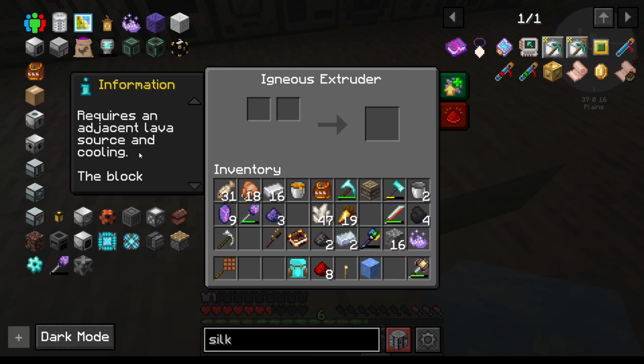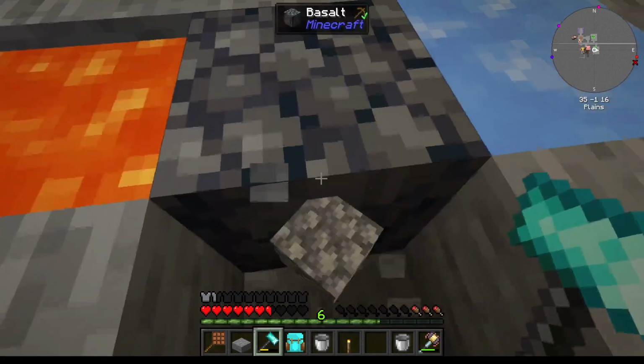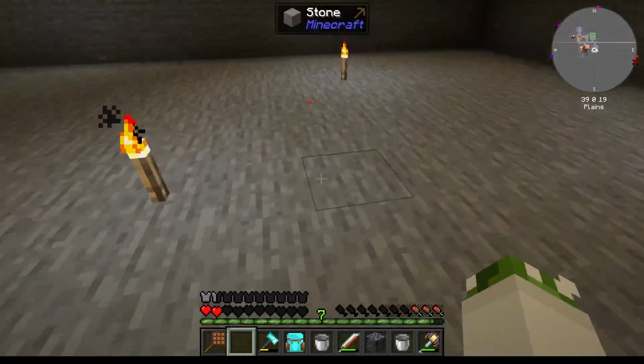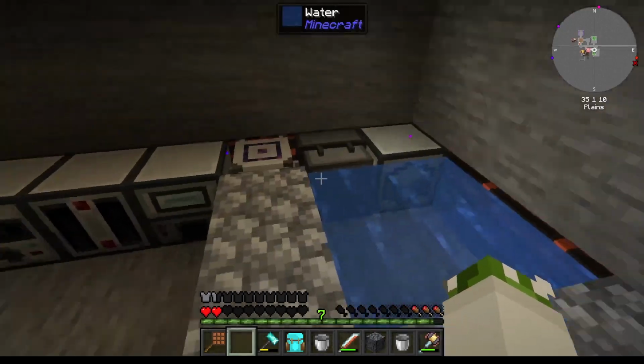It's got an adjacent lava source. You know, at the rate this is going, we might as well just do this. Just make a basalt generator. It's a lot faster. Ow! Rude slime. Anyway, now that that is taken care of, we can now get stuff for making our combiner, which